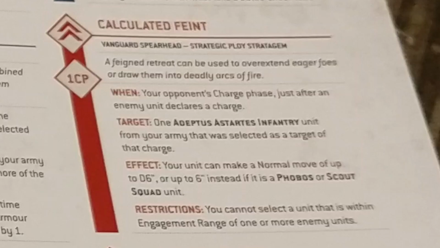Your unit can make a normal move of up to D6, or up to 6 inches if it is a Phobos or Scout Squad unit, so I quite like this. Extinction: you cannot select a unit that is within engagement range of one or more enemy units, because you are blocked in combat. But this means you can make this move so that you can avoid the charge,